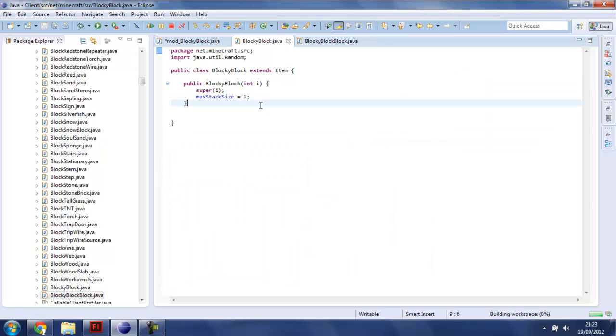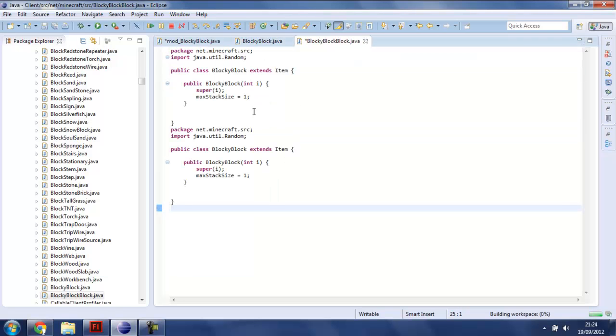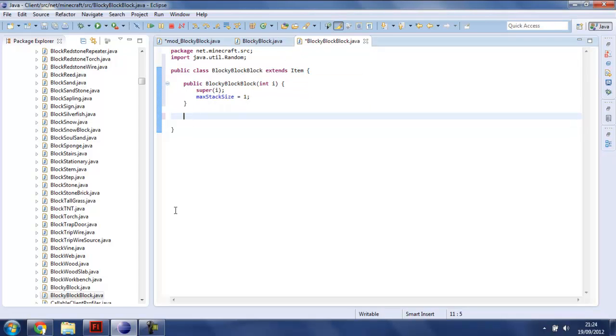Okay, so we're going to copy everything from this class, paste it in this class, and after this public class Lucky Block, which we'll change to Lucky Block because that's the class name, we'll do public void ID dropped int j, or it can be anything, and we'll open this up, and all we're going to do is return